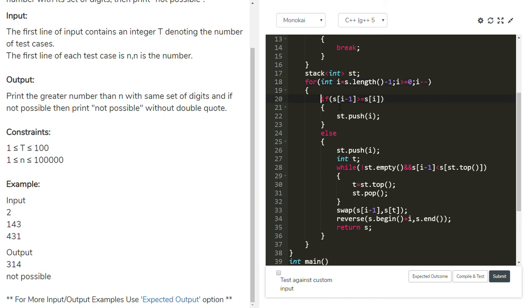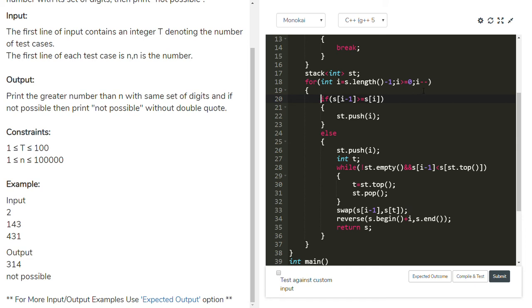When s of i minus 1 is greater than or equal to s of i: see this, i minus 1 is 4. 4 is greater than or equal to 3? Yes, true. Then push the index value to the stack. The i value 2 will be pushed into the stack.